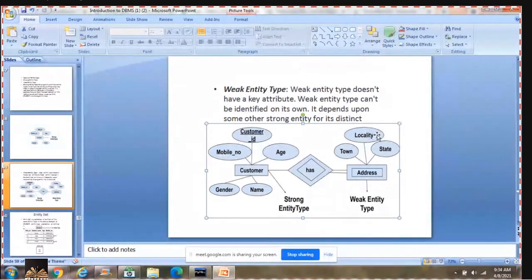The third customer also T1, S1, L1. So all three values for three different customers are the same. Hence, none of these three attributes can act as a key attribute. Hence, I say that this particular entity address is called a weak entity.